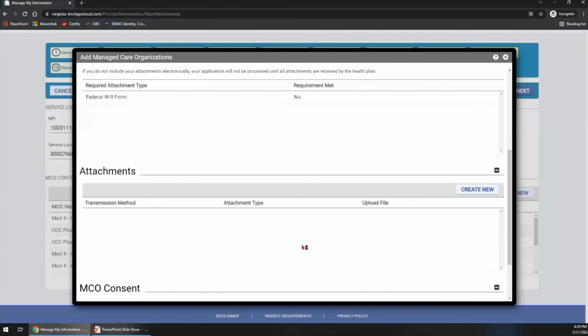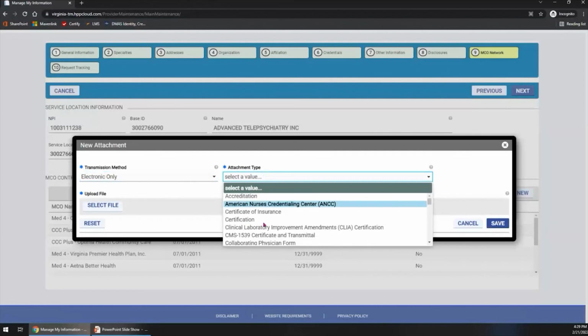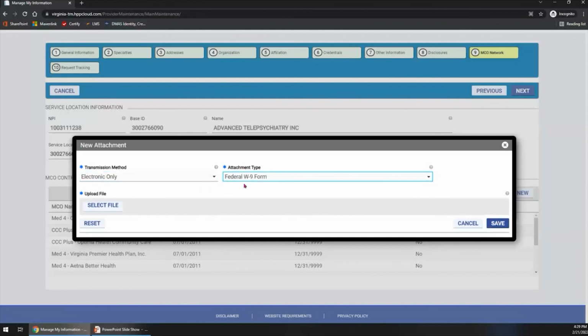So to add an attachment, we would click Create New. We would select our transmission method, and then we would find our required form or required attachment type from the drop-down list and enter it there. Then we would select the form from our computer and we would upload that to the enrollment. So I'm going to go ahead and cancel out,